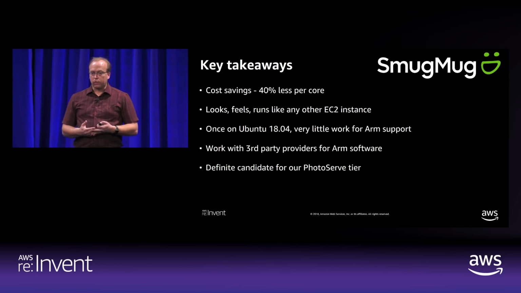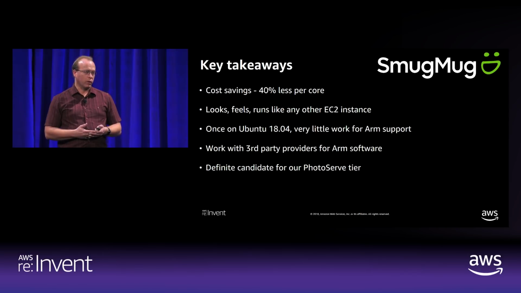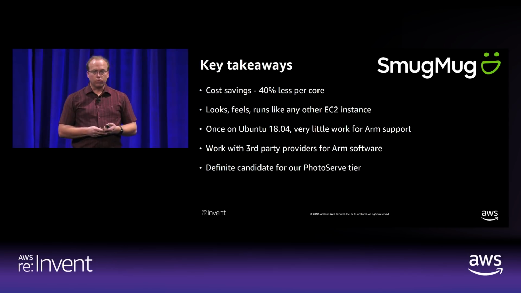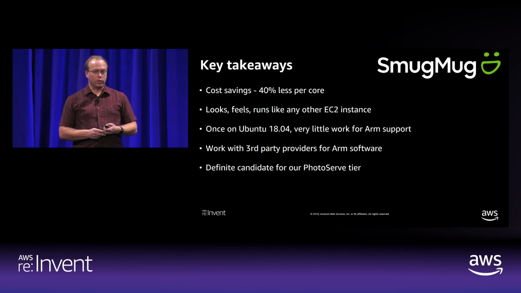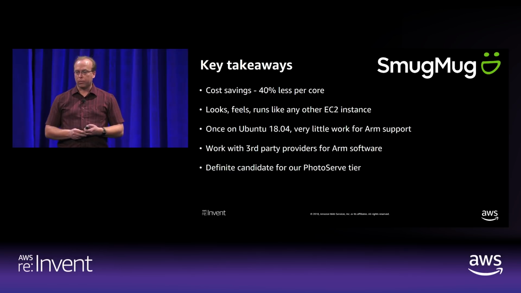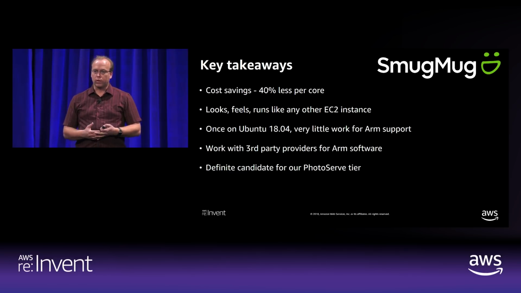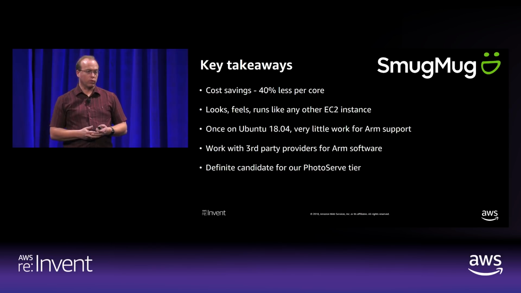So for us, some of our key takeaways were the cost savings. 40% is a significant cost savings. Now, with the size of our infrastructure, we've got a large bill, like many people do. So we are constantly paying attention to how we can save money and still deliver value to our customer. And so by switching to ARM with a 40% cost savings just from on-demand straight up is an easy win. We will continue also looking into things like Spot and driving even more wins to keep our bill down and